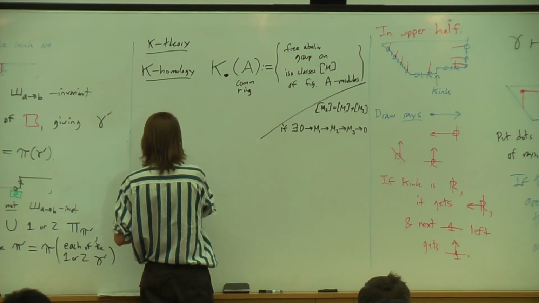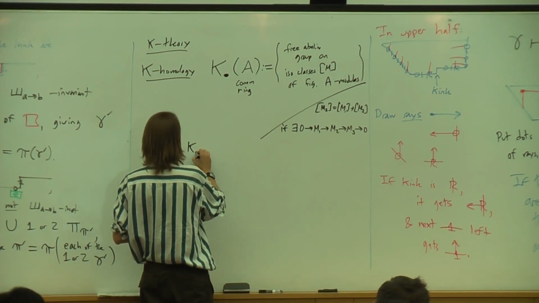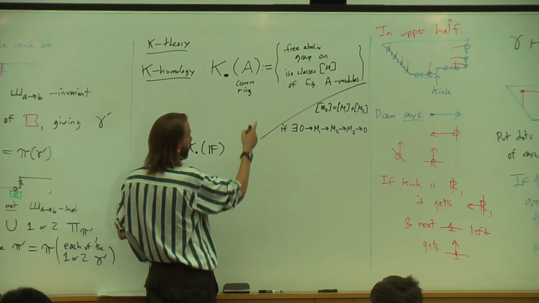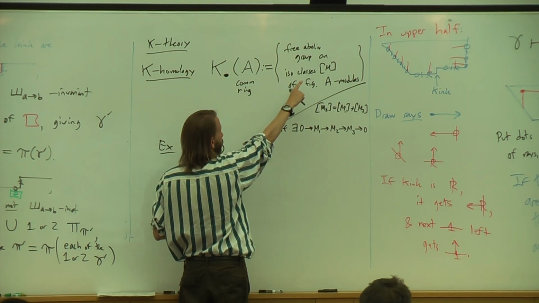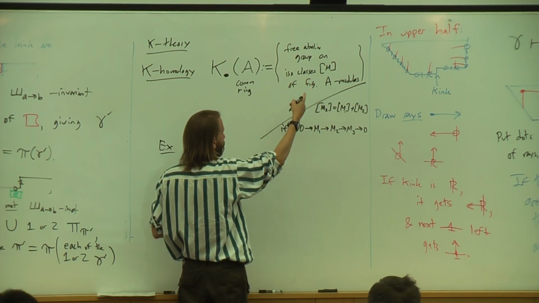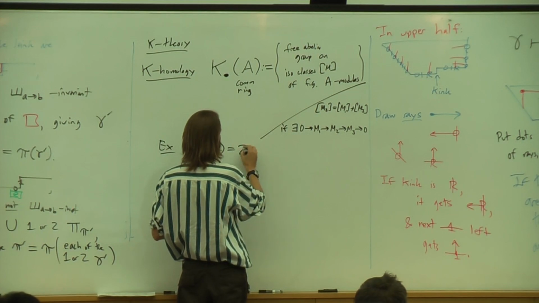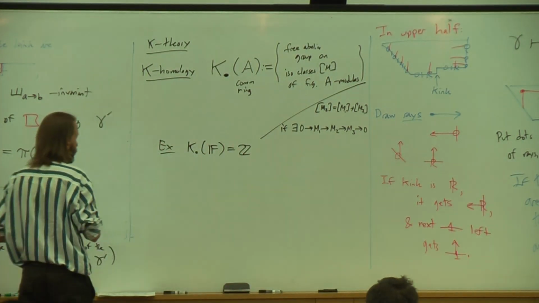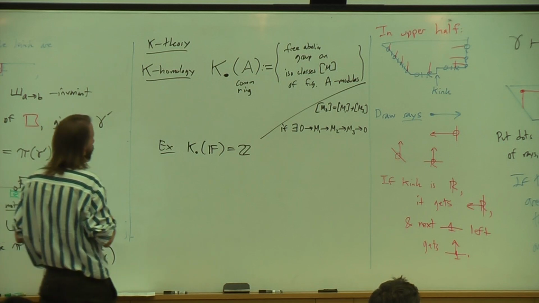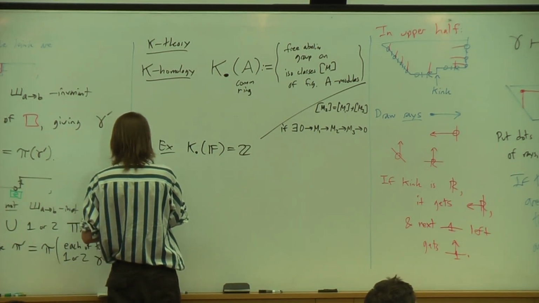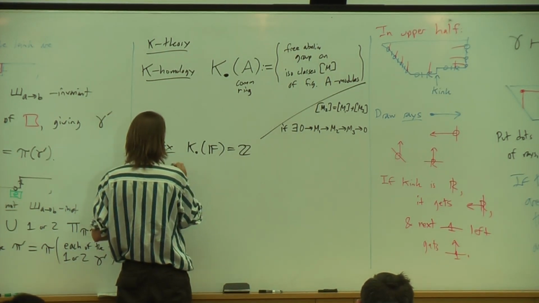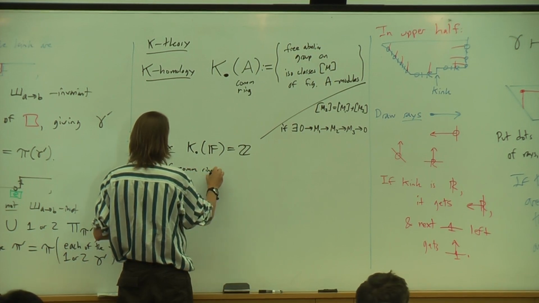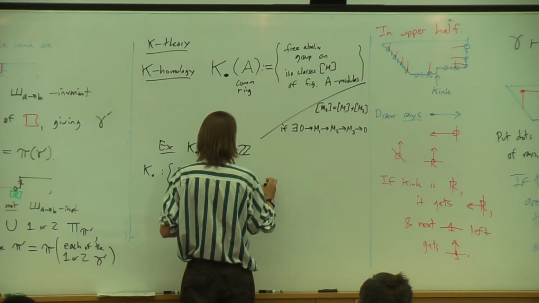And everybody's favorite example is if you take a field, then all you're thinking about up here is natural numbers, but because you take the free abelian group, it's integers. So form the virtual dimension of a vector space. And this thing is a functor from commutative rings to abelian groups,